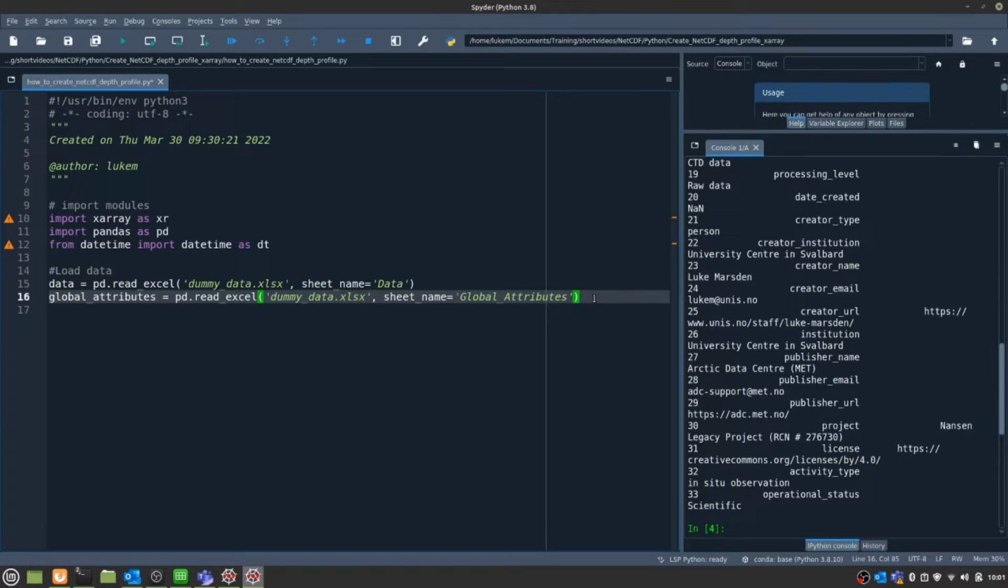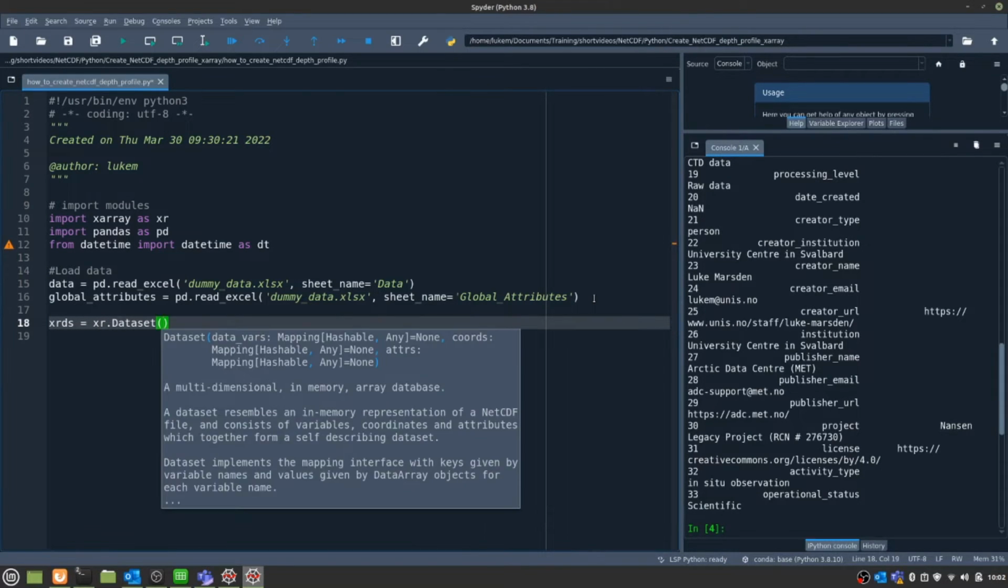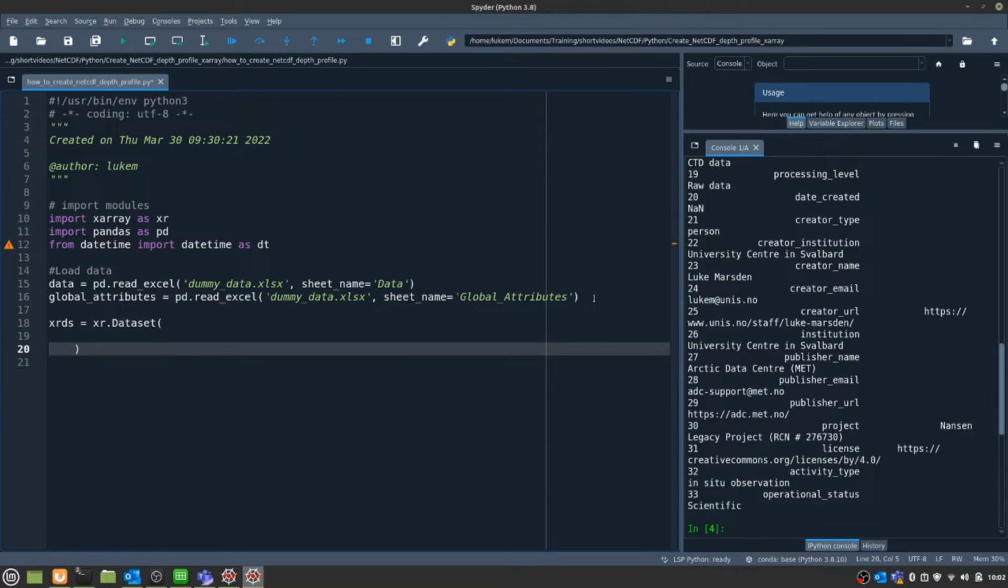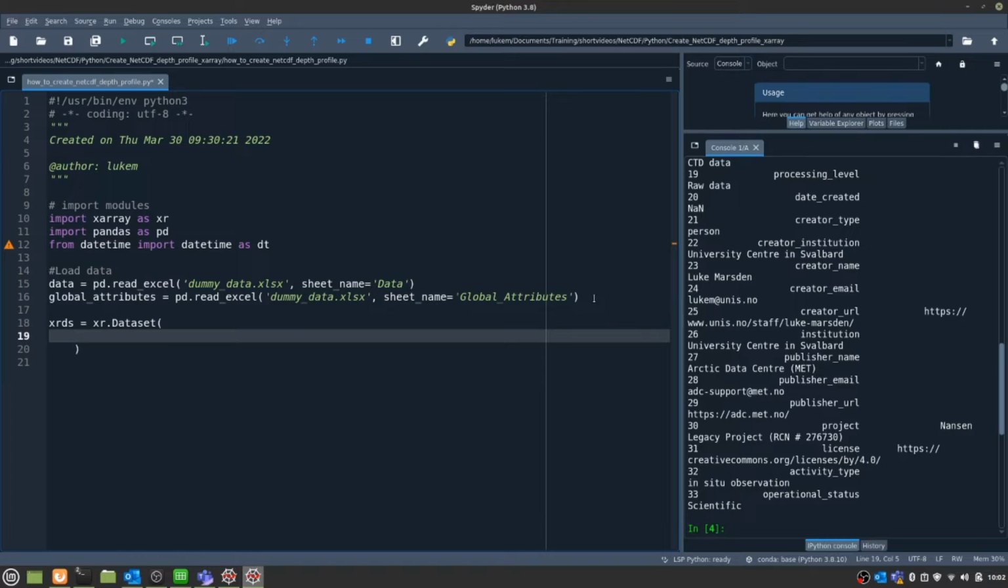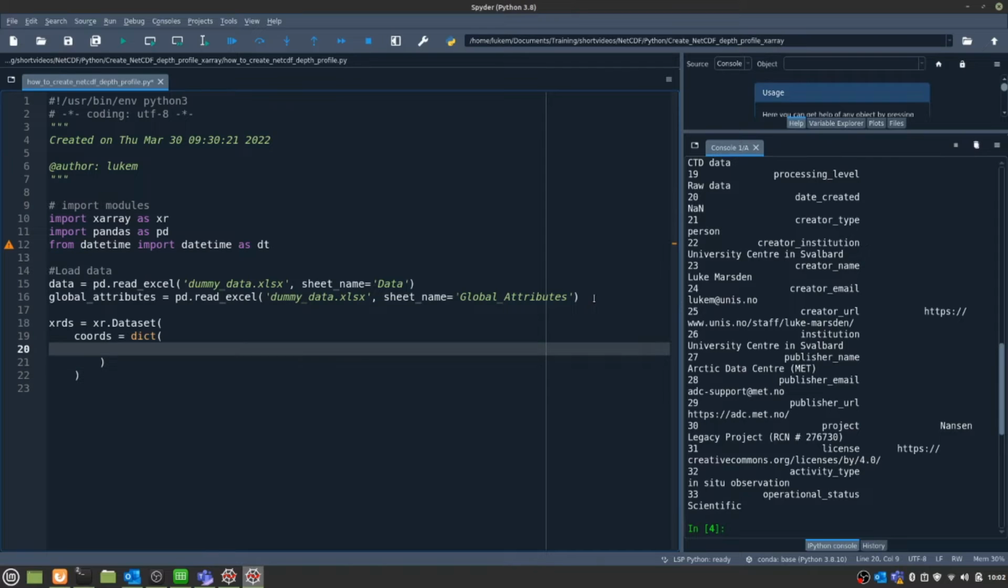And the next thing to do is to actually write our data to an xarray object, and I'll show you exactly how easy that can be. So we're going to call our object xrds, and we're going to make that equal to xr.Dataset, so our xarray dataset. Open up some brackets, and within this we're going to have our coordinate variables. So in this case that is the depth, and this is going to be a Python dictionary, but in this case we only have one coordinate variable, which is the depth,